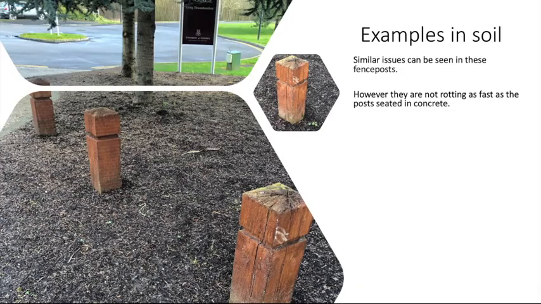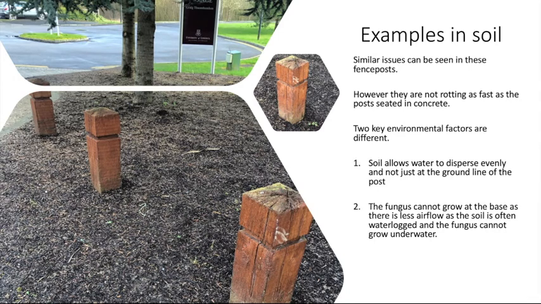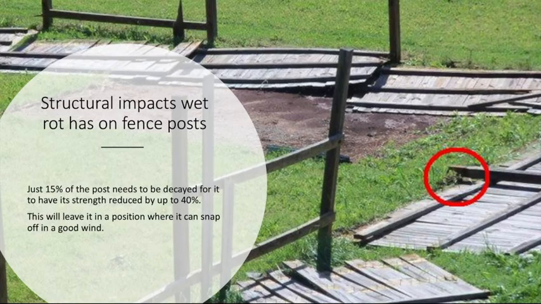So if we look at examples in soil, soil has similar issues but doesn't seem to be as fast. This can be because the soil allows the water to disperse more evenly, not just on the ground line of the post. The fungus cannot grow at the base as there's less airflow, as the soil is often waterlogged and the fungus cannot grow underwater. As we've seen previously, oxygen level is a key factor of fungal development. So, similar structural impacts on wet rot